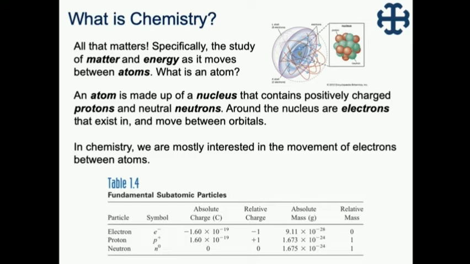And so an atom is made up of a nucleus, this center part here, that contains positively charged protons and neutral neutrons. Around the nucleus, forming a sort of cloud, are electrons that exist in and move between things we call orbitals. And in chemistry, we're mostly interested in the movement of electrons between atoms and how they